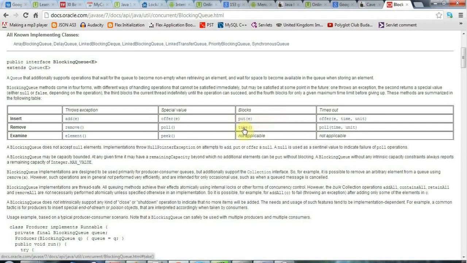Whereas take will, if you try to take an item, in other words remove it and return it from a queue that has no items in it, then again it will just suspend your program thread until items become available in that queue. And then you've got offer and poll that take these timeout units, so you can wait and see for a certain length of time if an item becomes available or not. And I just mention that here because if you go on to do any kind of multi-threading stuff, and you can find,